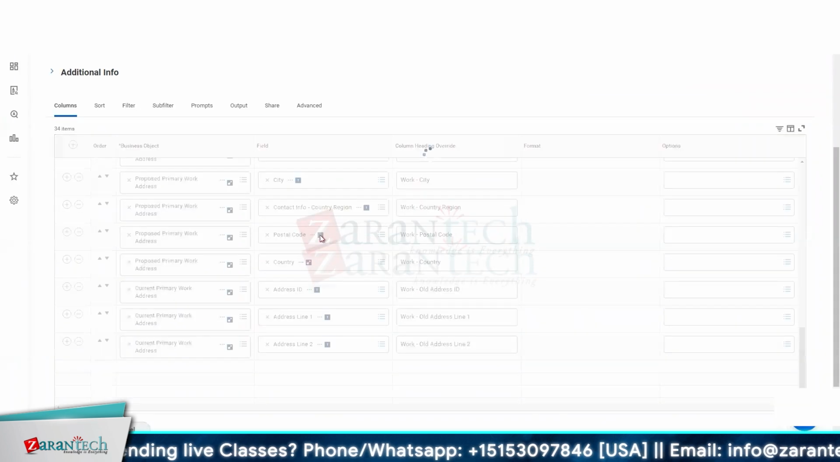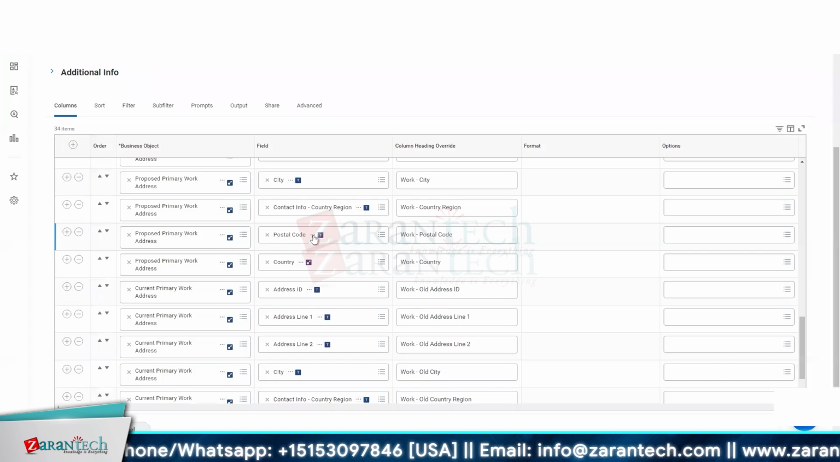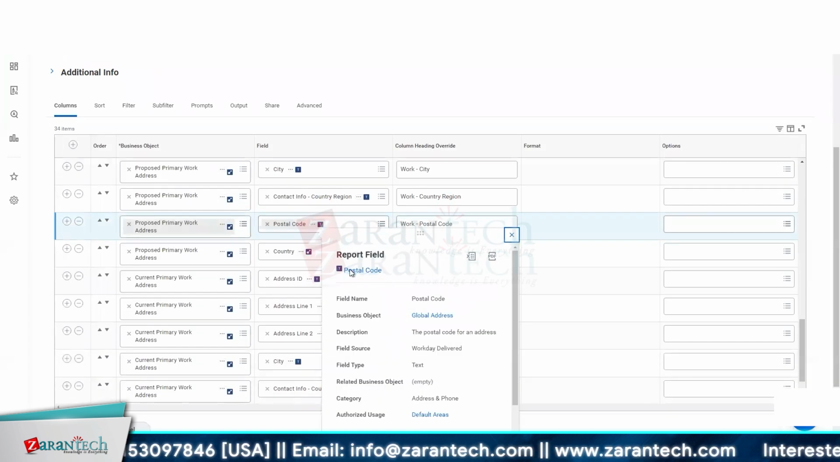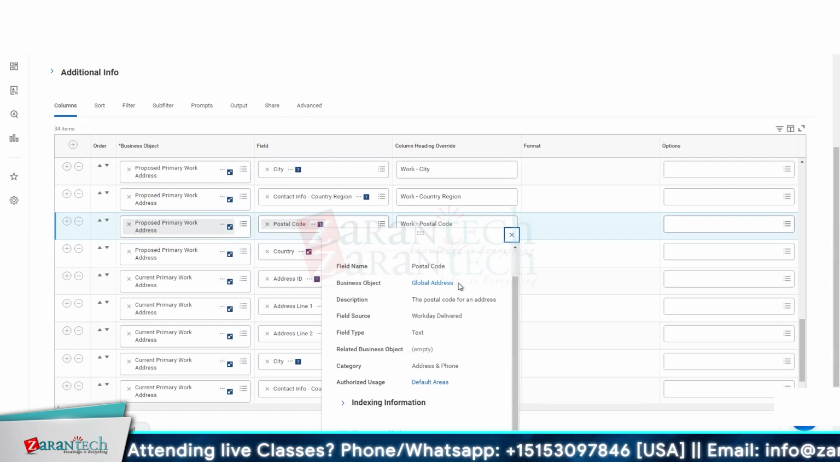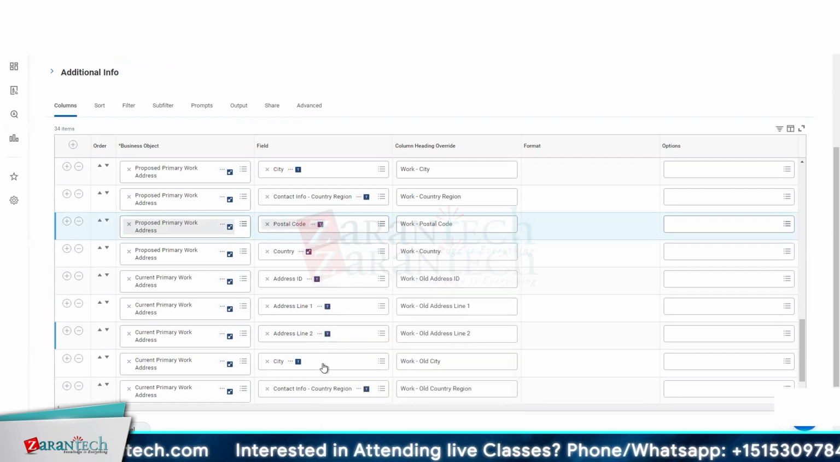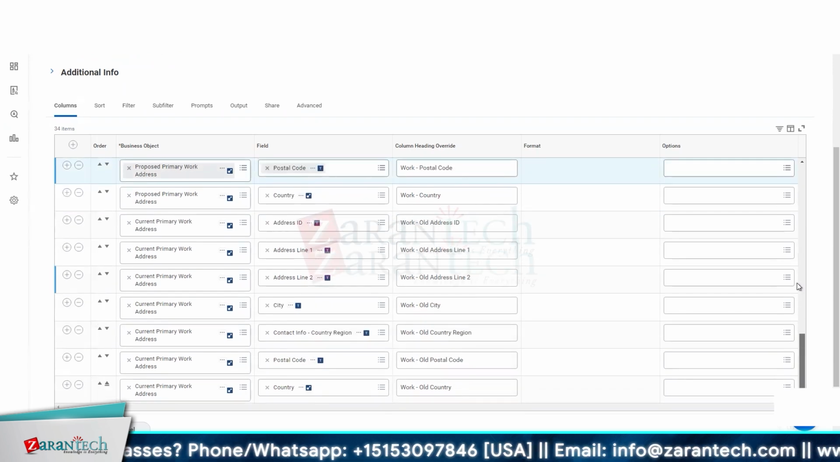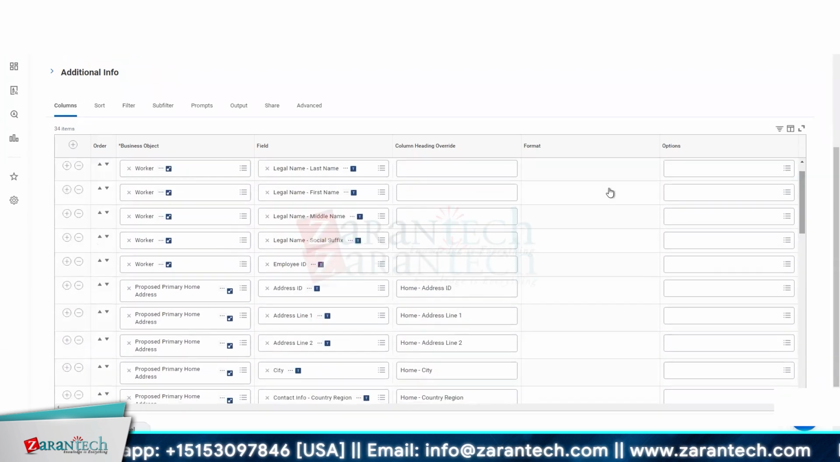And over here, the T is for text. And when you click on the related action, this is a Workday delivered postal code, and it even says Workday delivered, and it's on the global address business object. And then here's the field type, text, which is just a string of characters. And I'm trying to see if any other ones are on here. So these are all text. But